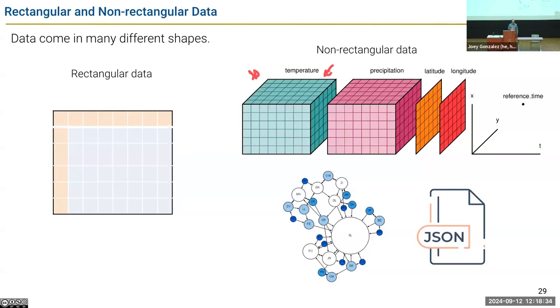And these can be encoded in many different forms. They might be sliced as a collection of tables. They might be encoded in some zigzag, clever Z ordering in some file. And you'll use different tools to work with this kind of data. If you're interested in this, there's something called Xarray.